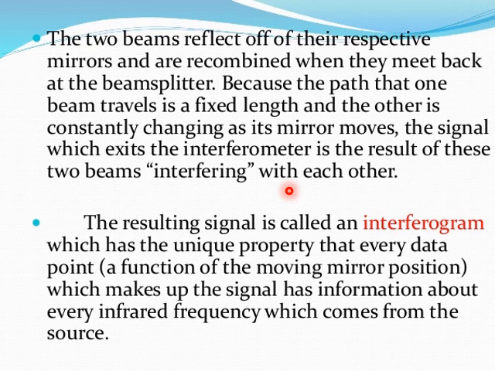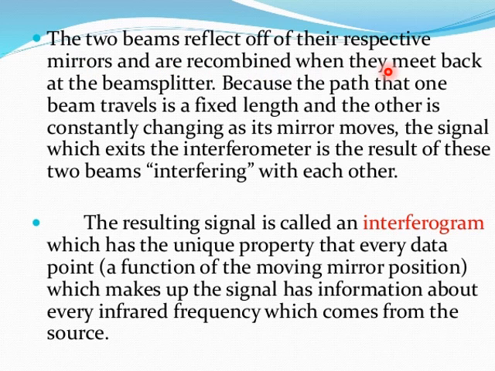We will see later in the diagram the two types of mirrors. The two beams reflect off of their respective mirrors, meaning both of the beams are reflected from the mirrors. One beam is reflected from the moving mirror and the other beam is reflected from the stationary mirror, and these